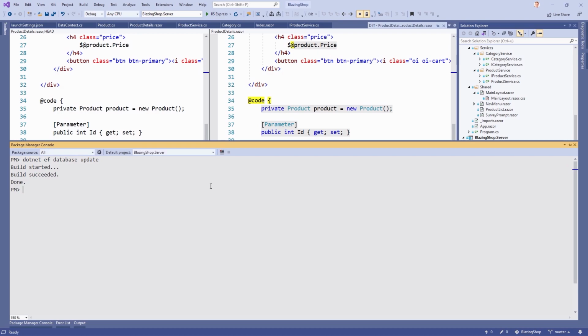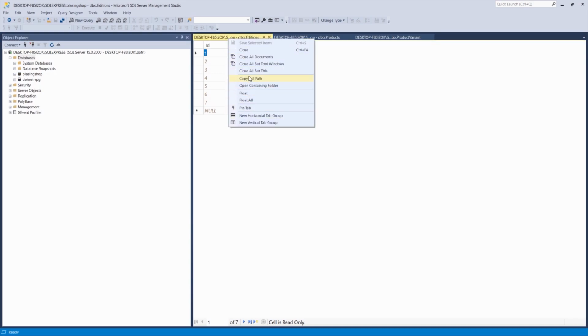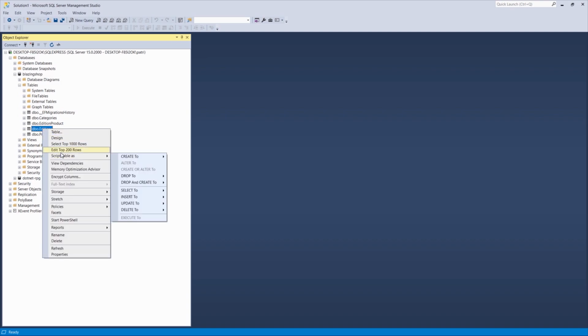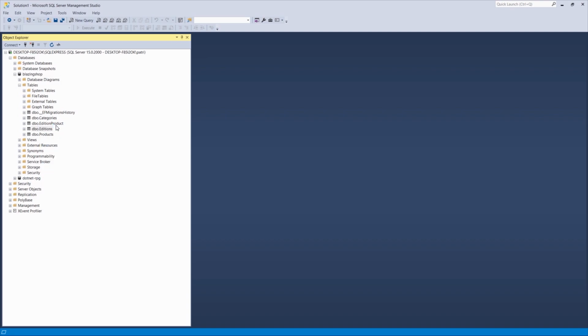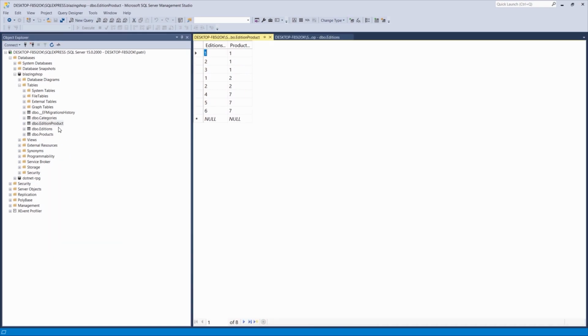Build succeeded, and the database should be there now. Refresh. Close everything. There's our Blazing Shop database. Okay, so we've got the database from the last lecture. Here you can see we've got the editions and also the edition product table here, which was the joining entity